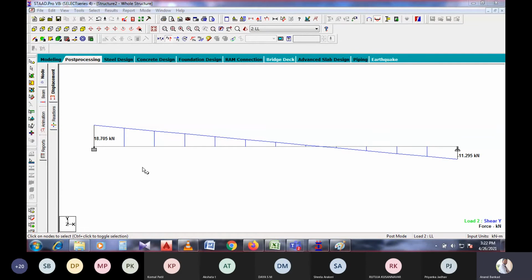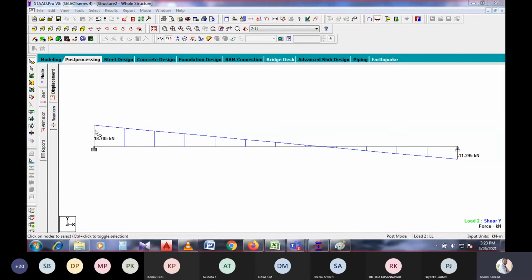Are you getting it? Yes, sir. Right? In total you will have 30 kilonewton of shear force in the member. Am I right? And that 30 kilonewton shear force is distributed among the two supports. Here the support condition is different.